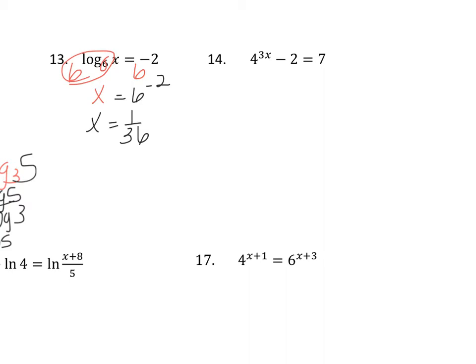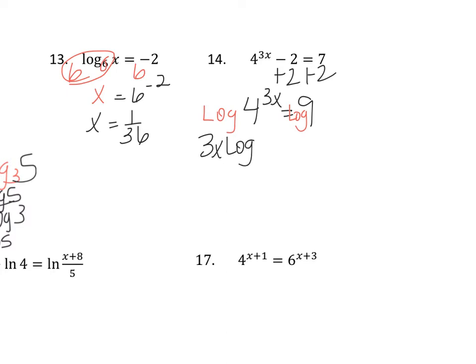Number 14. Get rid of my 2 first. 4 to the 3x equals 9. And let's see, let's common log both sides. So I got the log of 4, 3x comes out front. So 3x log of 4 equals the log of 9. And we'll divide by,